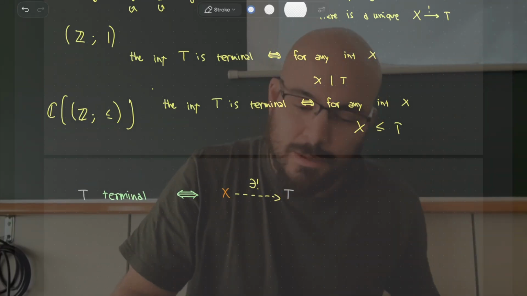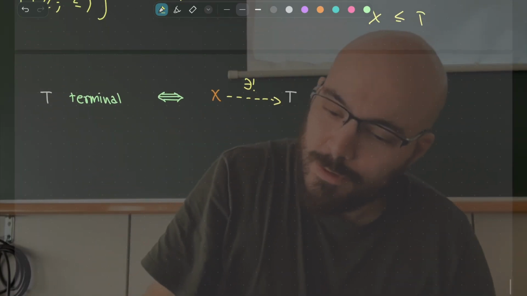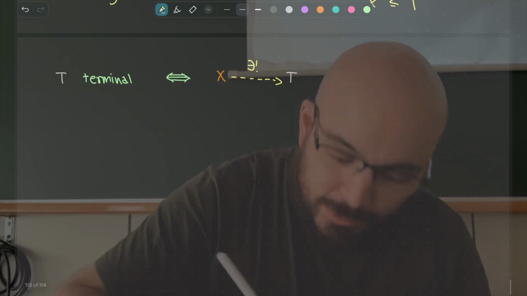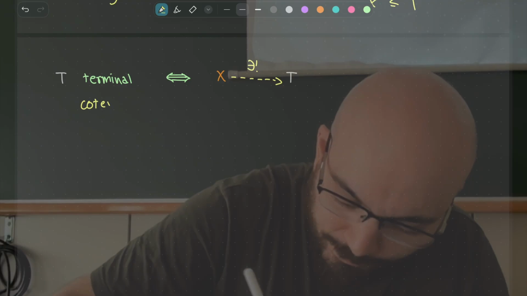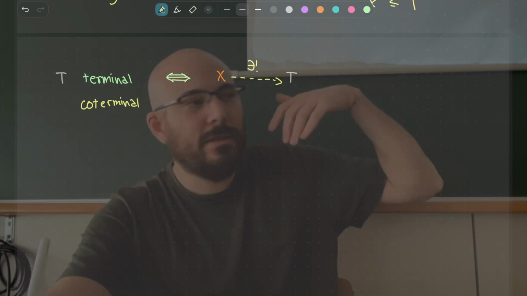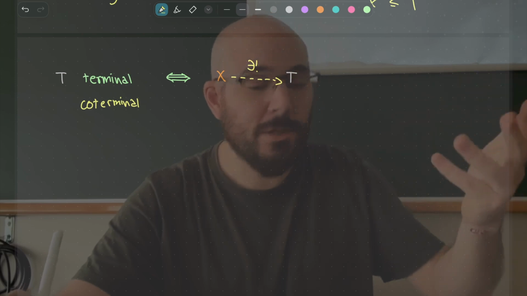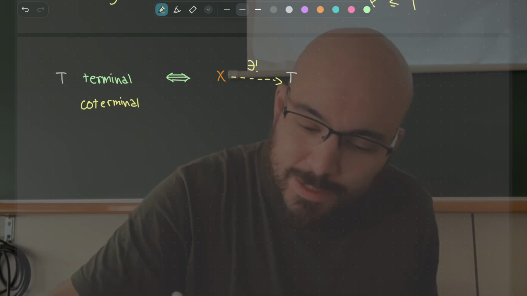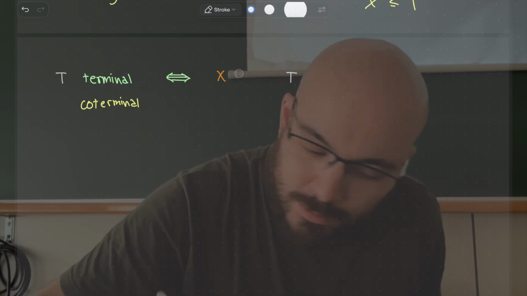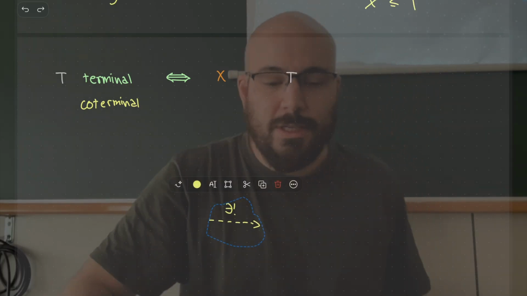I also have a free name for that, because as you know, the most difficult part is coming up with good names. Unfortunately, this is a bad name. But it's good to have a convention that you get free names, which is just add co in front to get the dual concept. Let's dualize it. So my initial diagram is like that. Okay, sorry, forget this. So T is terminal,